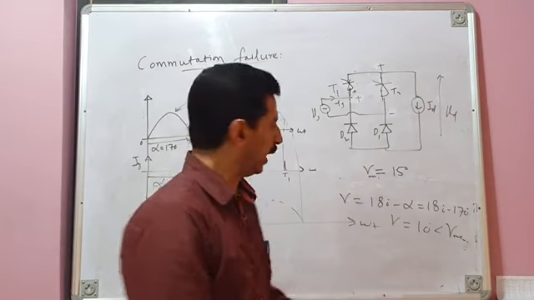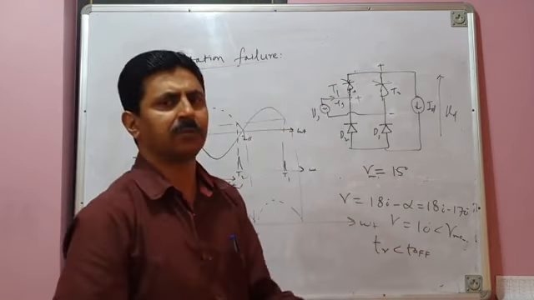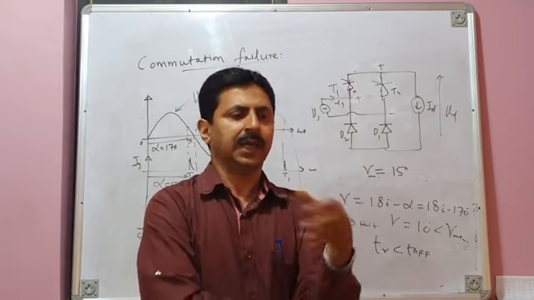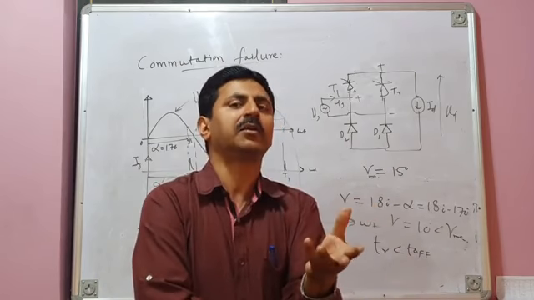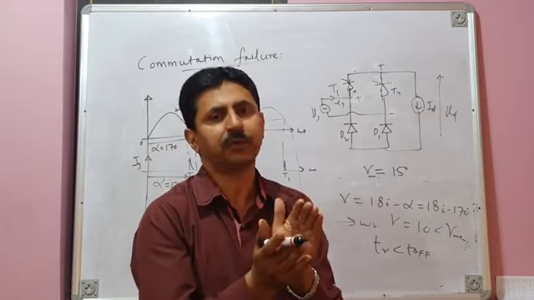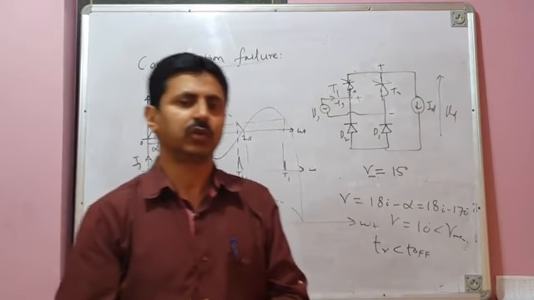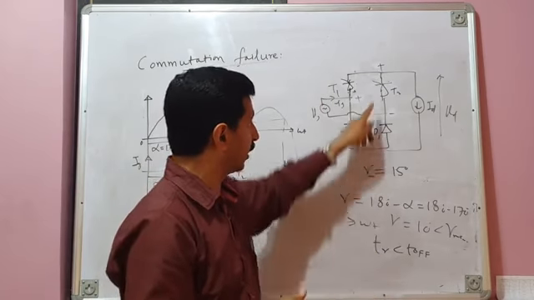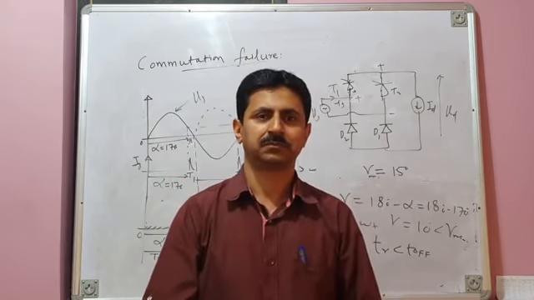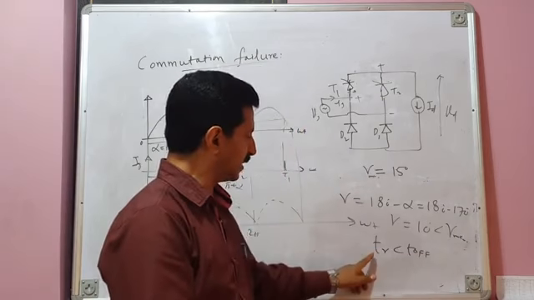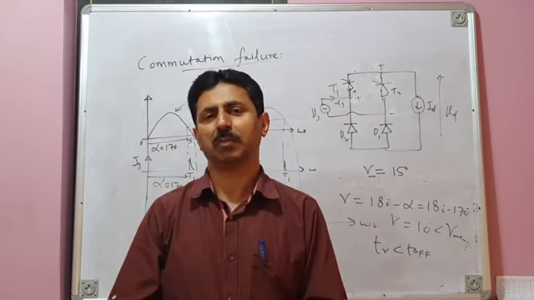And therefore we can say gamma time is less than the turn off time of the device. Turn off time of the device may be, let us say, 150 microseconds. And let us assume that this 10 degrees in terms of time is only 100 microseconds. Turn off time of the device is 150 microseconds, but reverse bias gets applied across the device only for 100 microseconds. So reverse bias is applied across the device T2 for a period which is less than its turn off time. So therefore, although it is reverse biased, it is reverse biased for a period less than its turn off time, so it has not regained its forward voltage blocking capability.